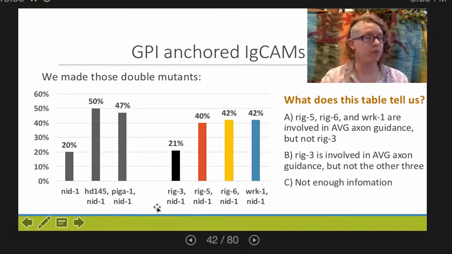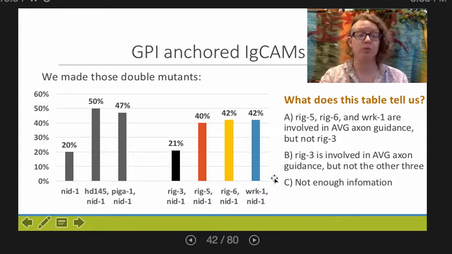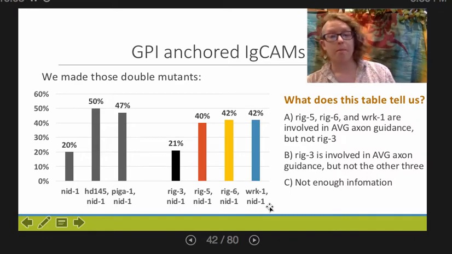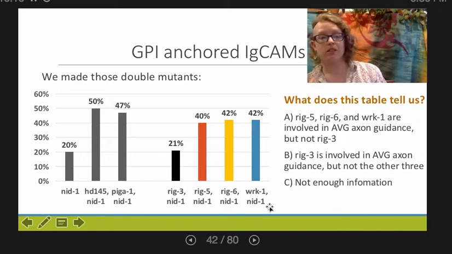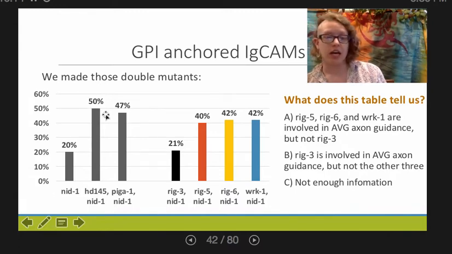These are RIG5 nitrogen 1 mutants, these are RIG6 nitrogen 1 mutants, and these are WRK1 nitrogen 1 mutants. Based on these numbers, which are the amount to which the AVG axon was misguided,